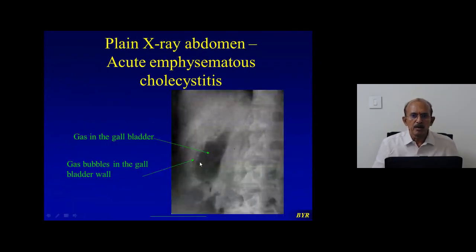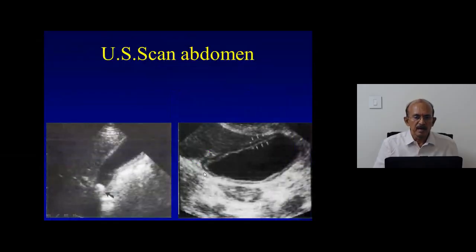Plain X-ray abdomen may show a gas-filled gallbladder. That indicates that it is emphysematous cholecystitis, which is very dangerous. Ultrasound scan of the abdomen will show you the wall of the gallbladder. So this is the wall of the gallbladder. You are seeing 3 layers, one white layer, one black layer, and again one white layer. That means it shows as if it is having 2 walls. The white layers are called the walls. So it looks as if it is having